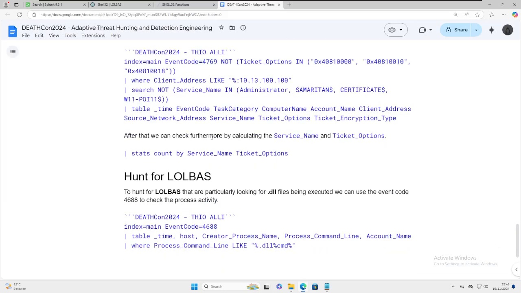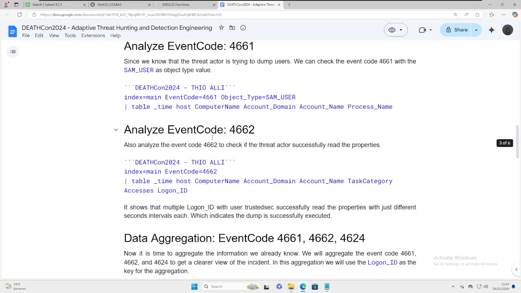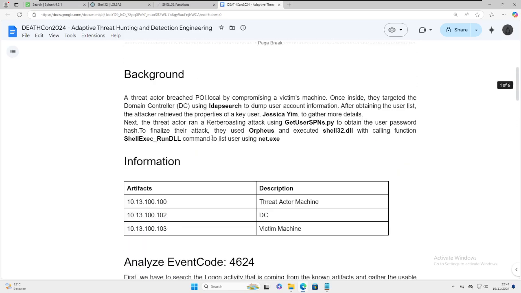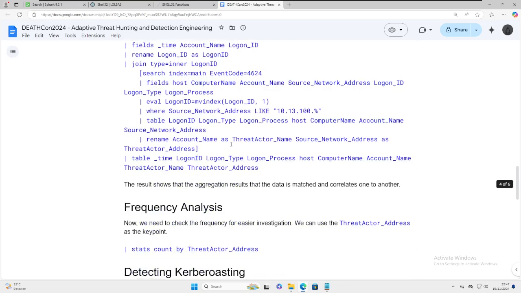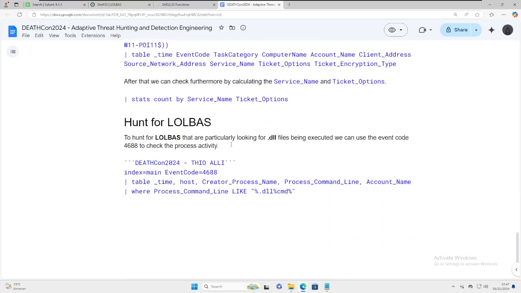The next thing we can do is hunt the process, which the background informs us that the attacker, the threat actor, executes shell32.dll and calls the function ShellExec_RunDLL to list the users using net.exe.